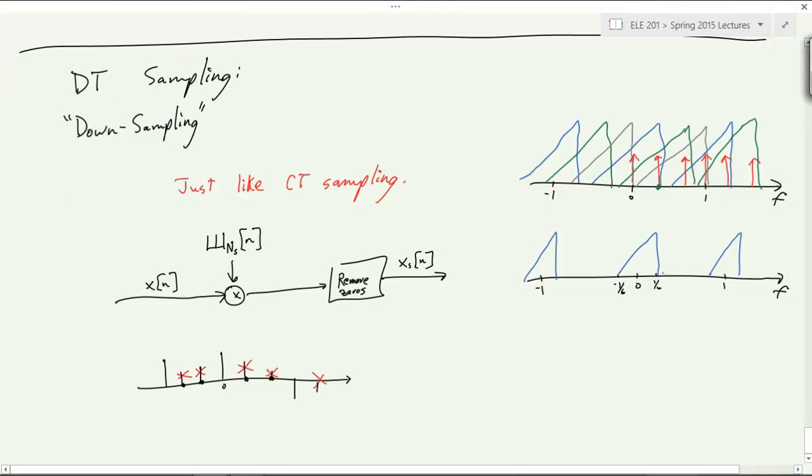We would get like that, and there's no aliasing. Okay, now this last step of removing the zeros, all that does, like we said, it just stretches this spectrum